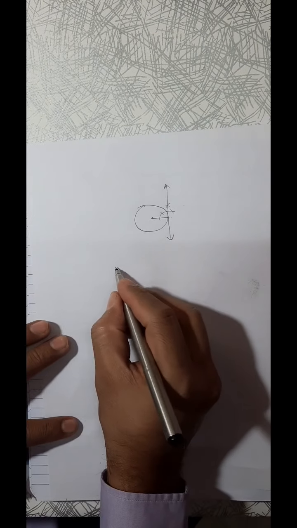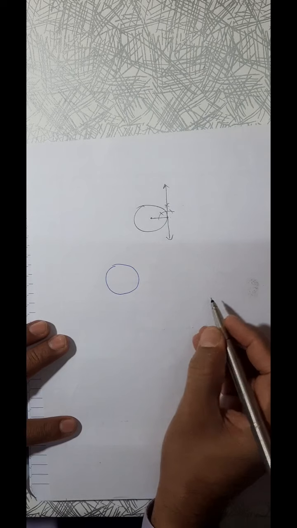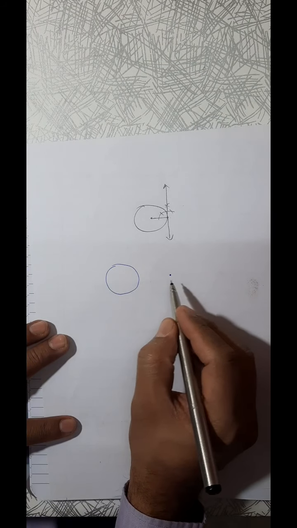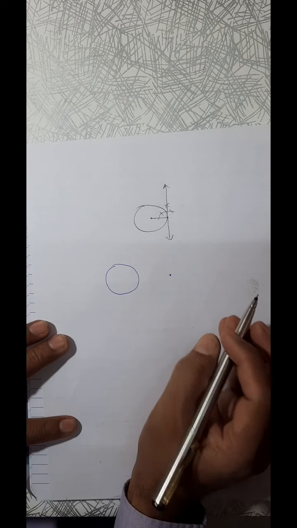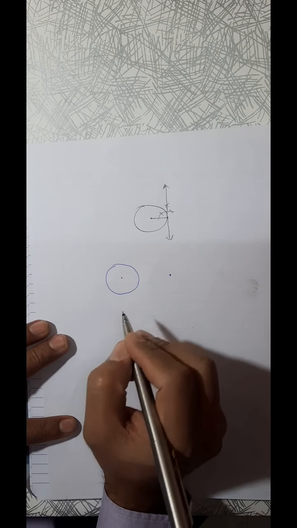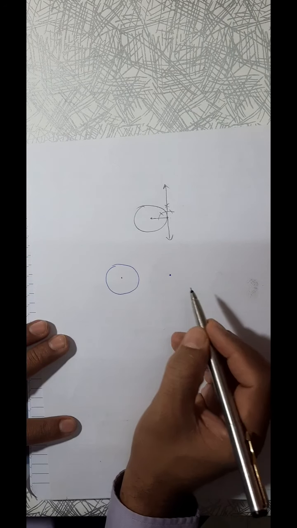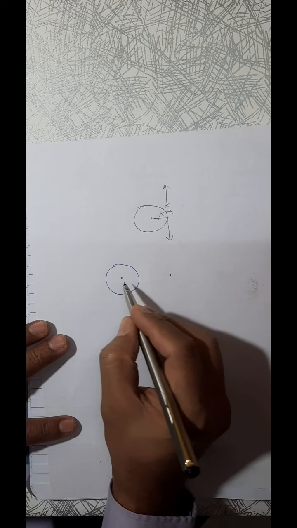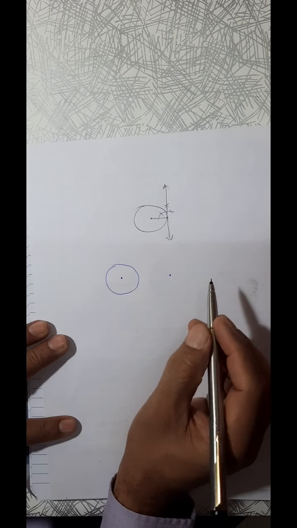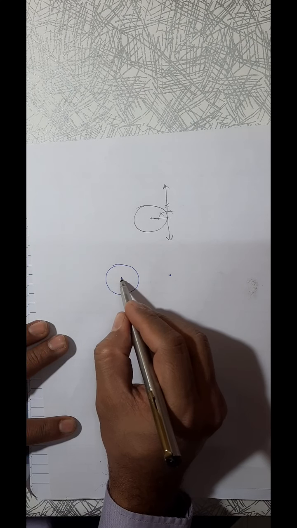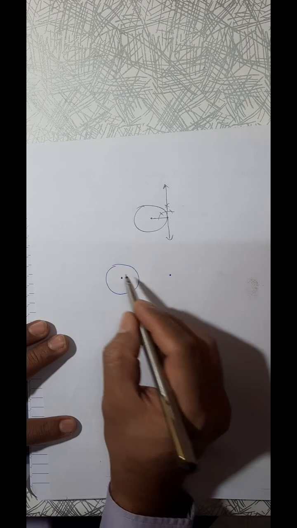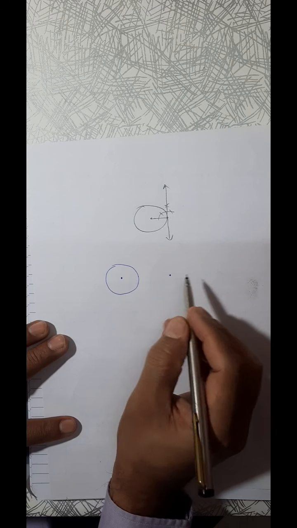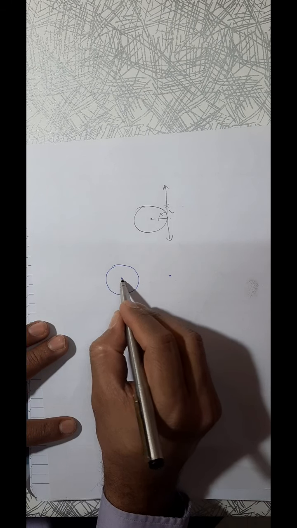What is the procedure? First draw the circle. Take the point according to the given condition, 10 centimeter away, 12 centimeter away, etc. Suppose it is 10 centimeter away. In this question it was written 10 centimeter from the center. Suppose it is not mentioned and it is written 10 centimeter from the circle. From the circle means then also from center only. We never consider from the circumference. 10 centimeter away from the circle means 10 centimeter away from the center. Okay.